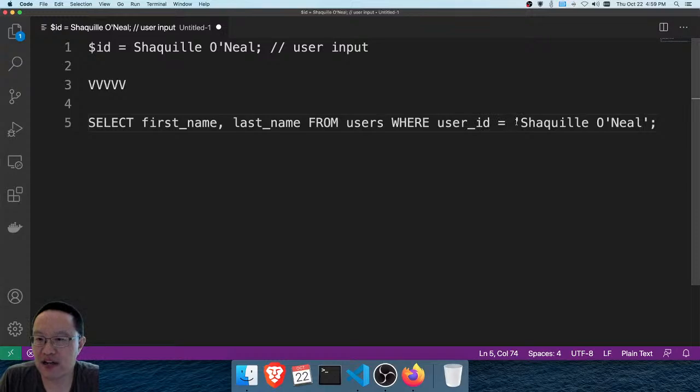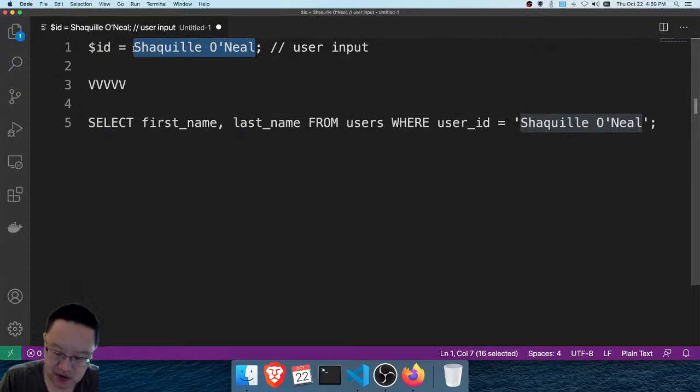User_id equals, in single quote, Shaquille, and in single quote. Okay, so you have a string here, but then you have an Neal and then a single quote here. This doesn't make sense. You have an odd number of single quotes, an unmatching number. It doesn't make sense grammatically. Okay, what if we did this? Instead of Shaquille O'Neal, we do something like